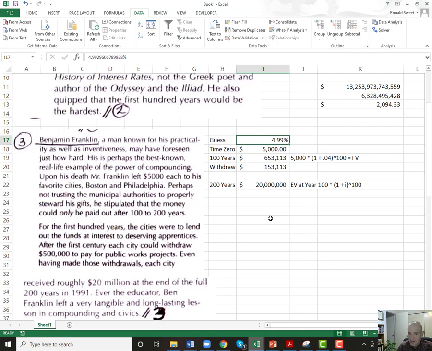1781. That's only about a decade after the U.S. Constitution and we formed our government. But, you know, 5%, who knows what our interest rates would have been back then. I actually can't find data back that far. You can go back to like 1871 in some places and see what interest rates were. But they were probably about 5, 6, 7% back then, so it's probably a decent return. But pretty amazing, but just using the functions that we talked about here, we're using the future value function twice. And you come up with that, wow, he was assuming probably something around 5 to 6%, probably not much more